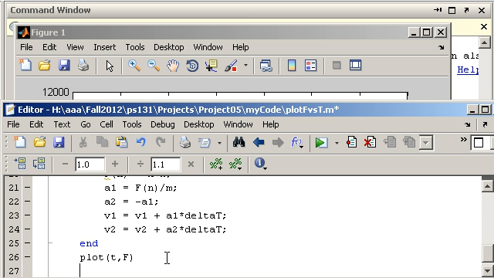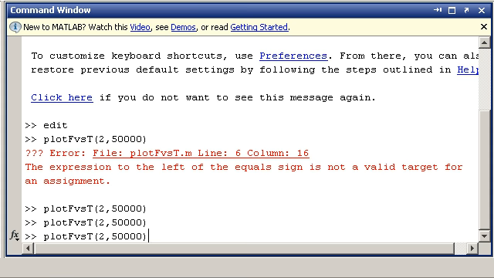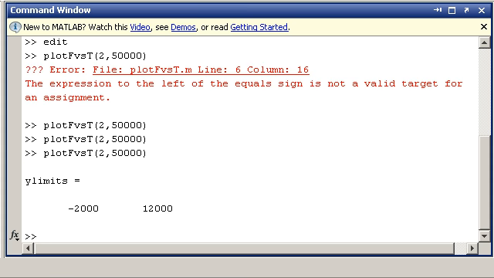So Y limits equals Y lim. I think that's the way it went. So I'll save that. This is just a test to see if I got that right. Yeah, so it's telling me what the limits are, and I want whatever that one is. That was good,